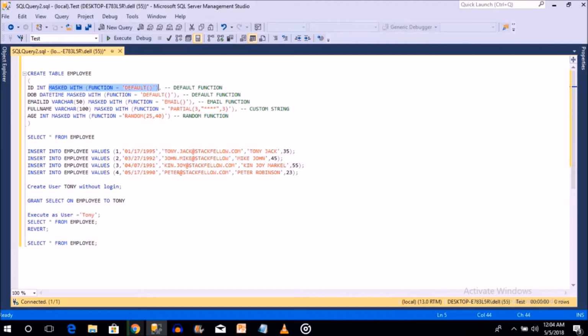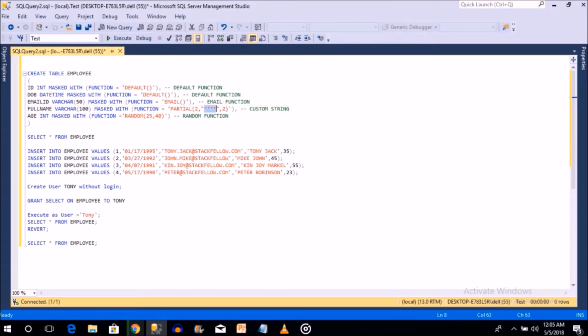In the first two columns, ID and date of birth, I am applying the default function, and in the third field, email ID, I am applying the email function. Then in the full name, I am applying the function partial. Partial means I just want to see the first two characters and the last two characters of the full name.